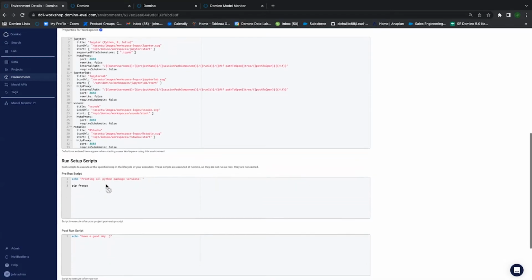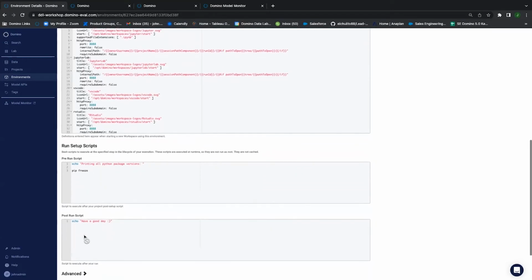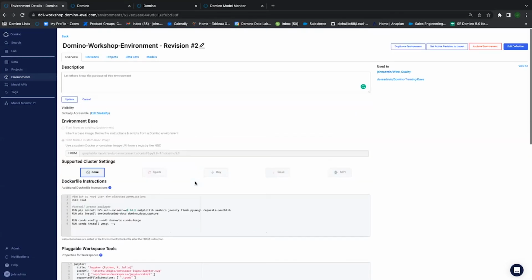Then you'll see here we have setup scripts. We also have post scripts. Setup scripts are basically a way for you to initiate the environment further if you need to, either before the environment starts up or after it's started up and you need to add certain types of permissions or processes in place. The reason I'm showing you this is because this is going to tie back into when I'm in a project.